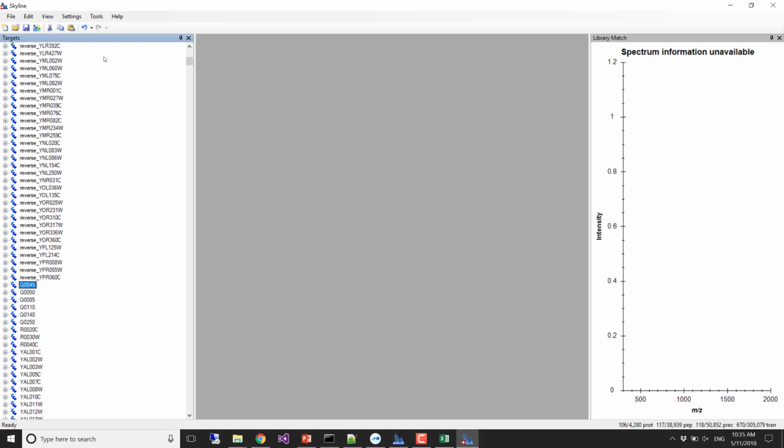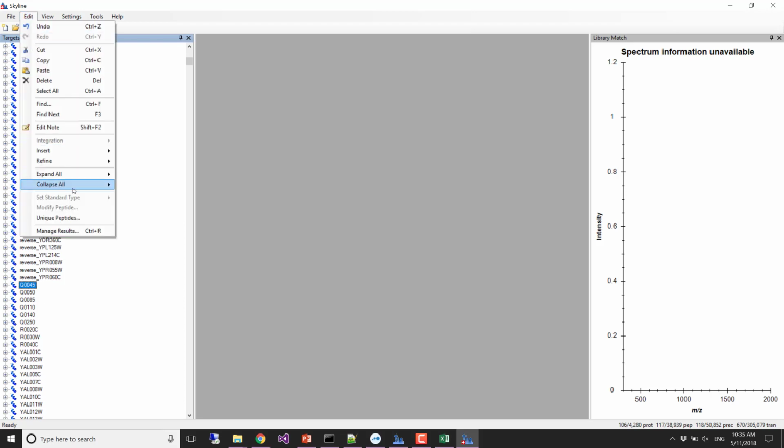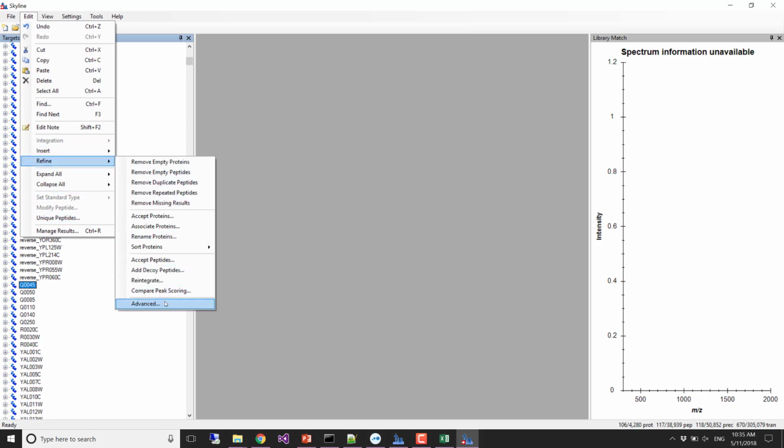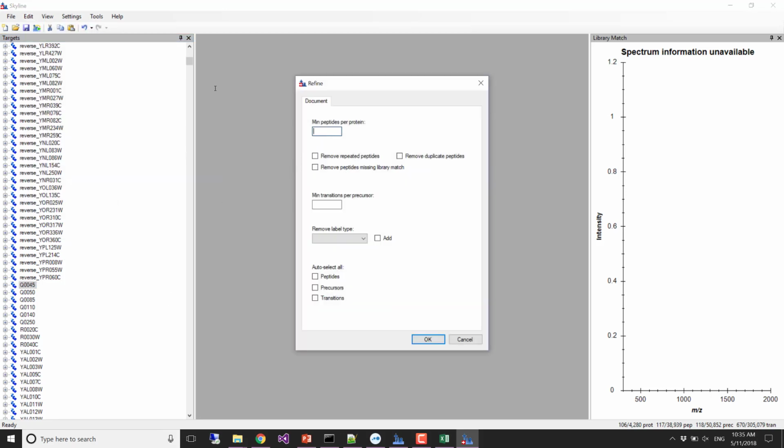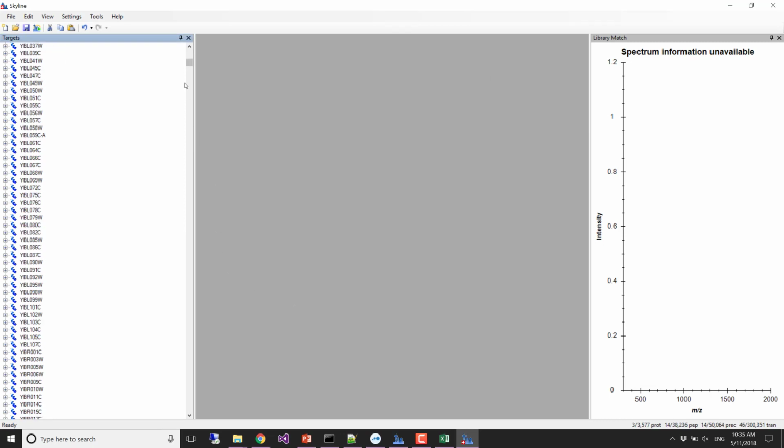All my false discoveries are piling up on one-hit proteins. Another thing I could do, not everybody has to follow this, is go Refine, Advanced, and make the minimum peptides per protein 2. Then we would find that only one reverse protein got more than one hit,